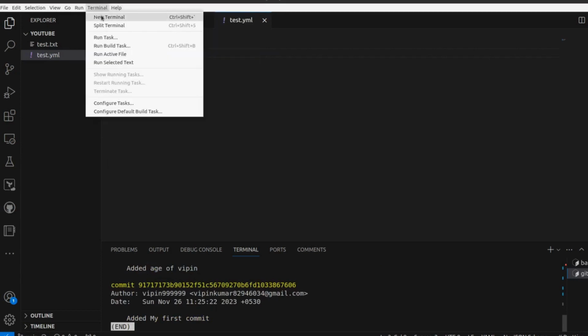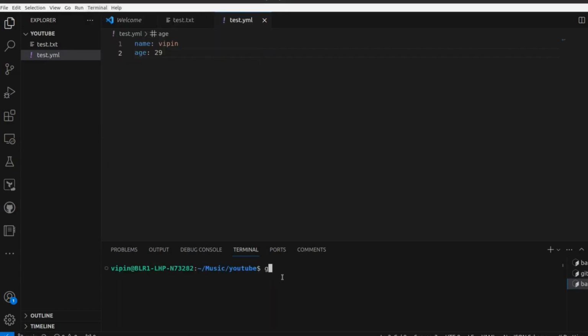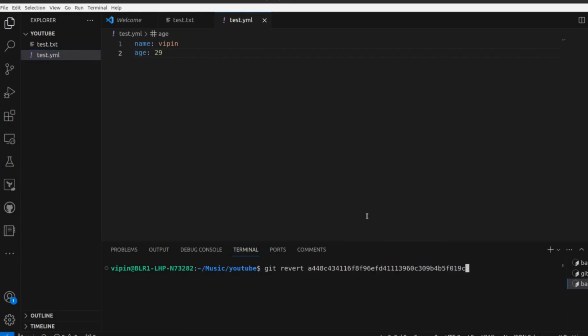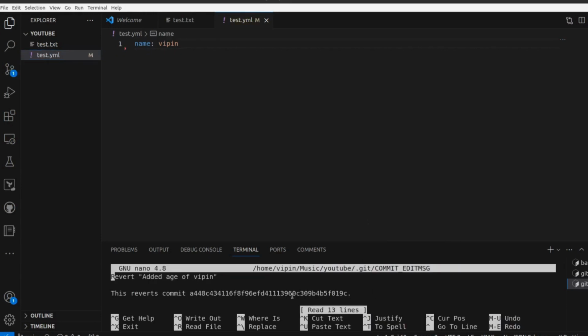Let me open a new terminal. Git revert and the commit ID. So you can see it here, the revert commit "Revert added age of Vipin".